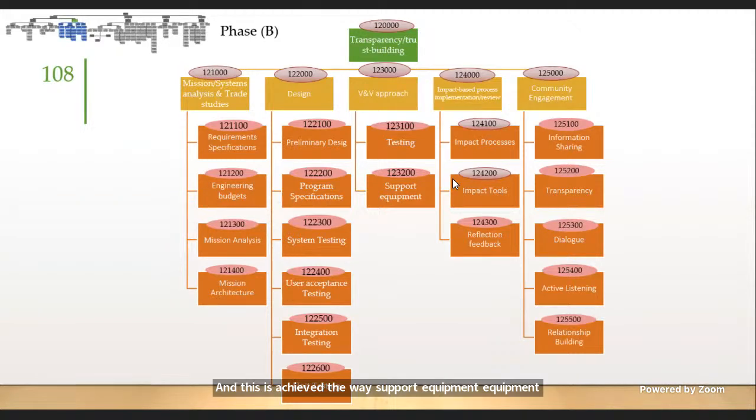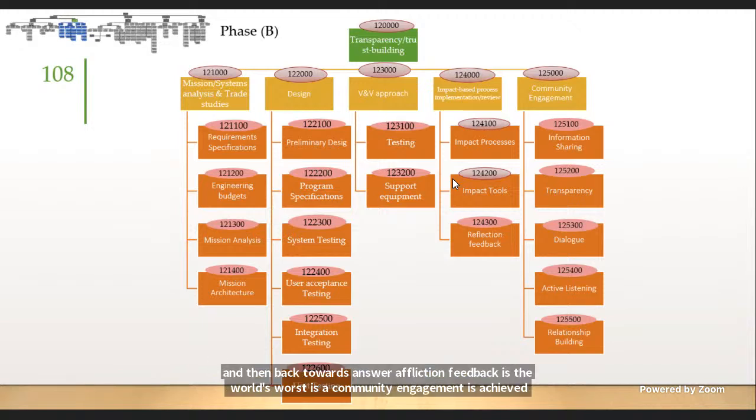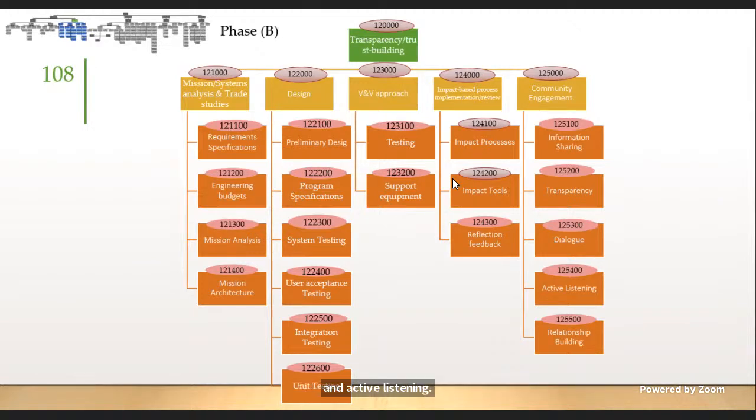The fourth part is impact-based process implementation, which is done by the impact team by impact processes, such as country selection and so on, and the impact tools and the reflection feedback. The fifth part is community engagement. This is achieved by information sharing with users and transparency with them, and creating a dialogue and active listening by getting feedback and answering all possible questions and